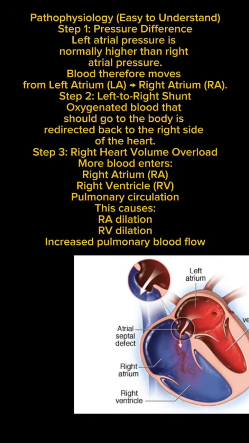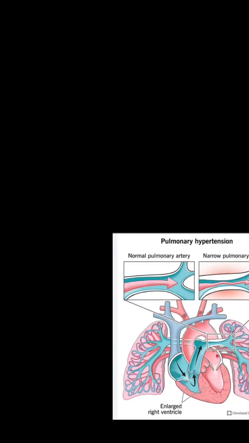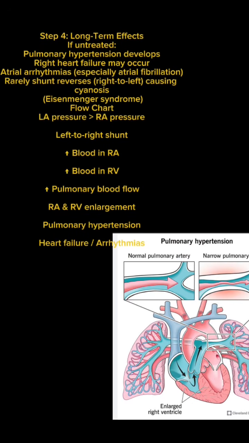Step 3, right heart volume overload. More blood enters the right atrium, then goes to the right ventricle, then pulmonary circulation. This causes right atrium and right ventricular dilation and increased pulmonary blood flow. Now step 4, long-term effects. If untreated, pulmonary hypertension develops, right heart failure may occur, and atrial arrhythmia, especially atrial fibrillation, because the atrium becomes dilated. Then rarely the shunt reverses. When the shunt reverses, it becomes right to left, causing cyanosis, and this is known as